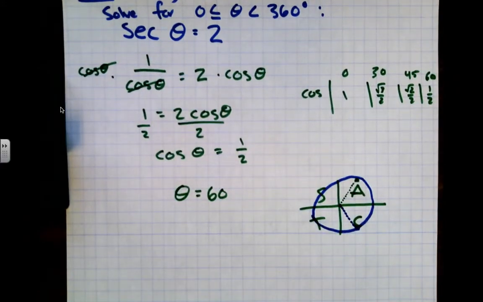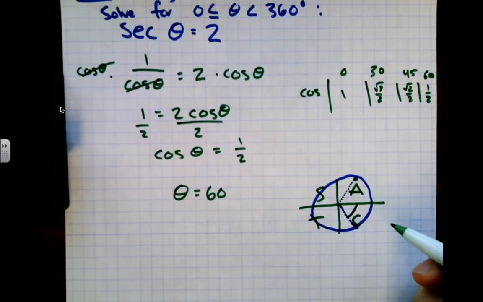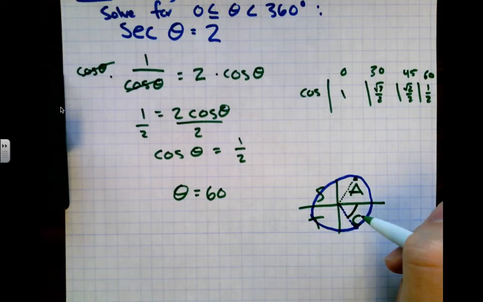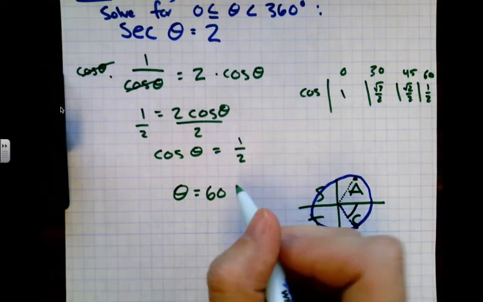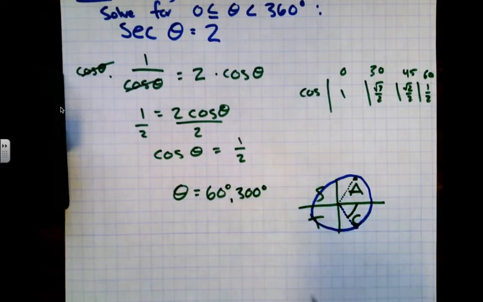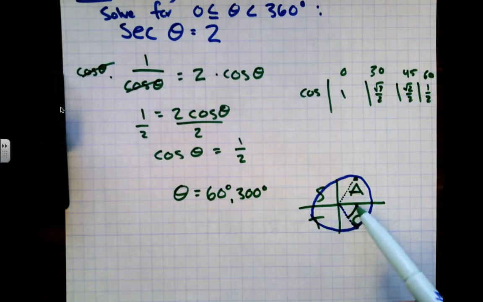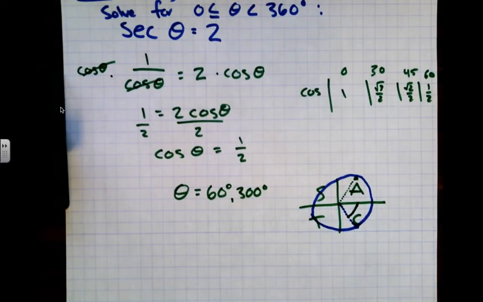So we have to think about what angle makes that true. That's going to have a reference angle of 60 but be in the fourth quadrant. That's going to end up being 300 degrees. A fourth quadrant angle with a 60 degree reference angle means it's 60 degrees away from 360. That's really where we get our 300. And what's important with that is understanding whether the value we're looking for is positive or negative, and looking for